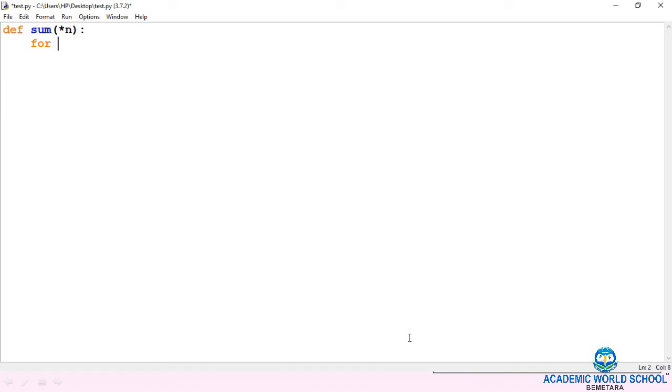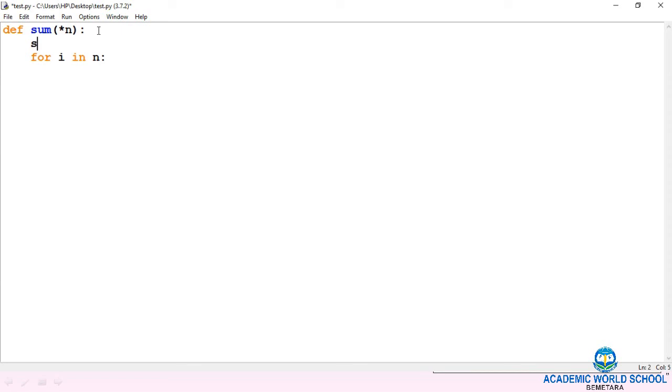Suppose the name of the variable is n. Now the body of the function is started. Now I am going to perform the sum. For that you have to use a for loop: for i in n.